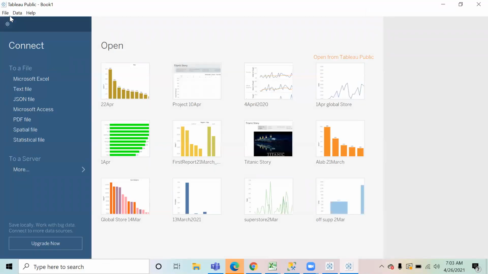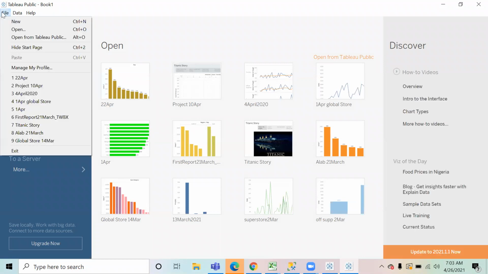So in order to open it up, when you open Tableau, you can click on file and click on open from Tableau Public.